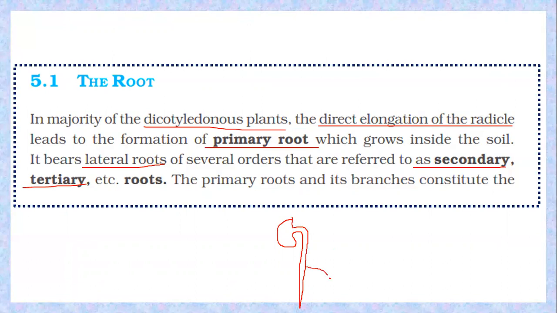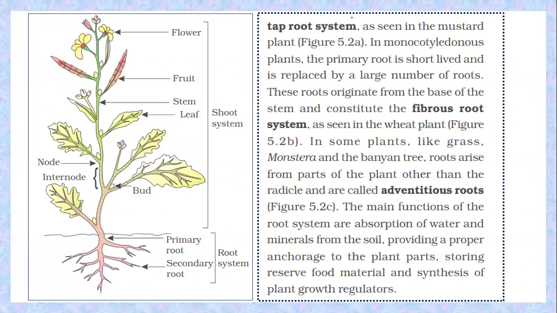This particular root will branch to form the secondary root. So this is the primary root, this is the secondary root. The secondary root will again branch out to form the small tertiary root. The primary root and its branches constitute the tap